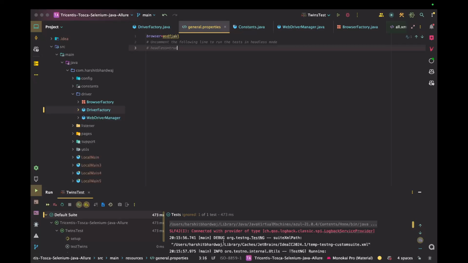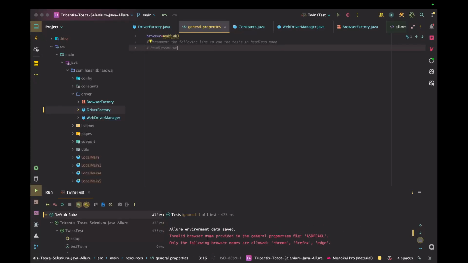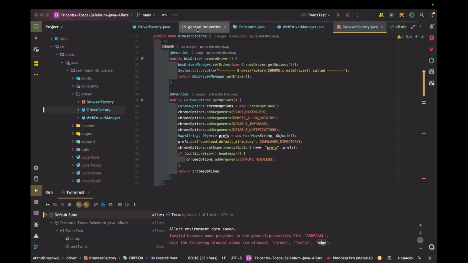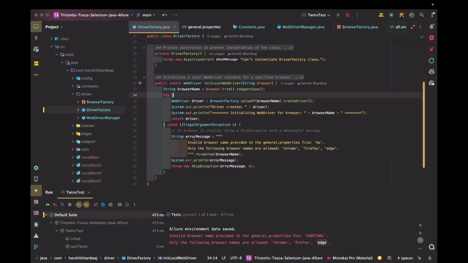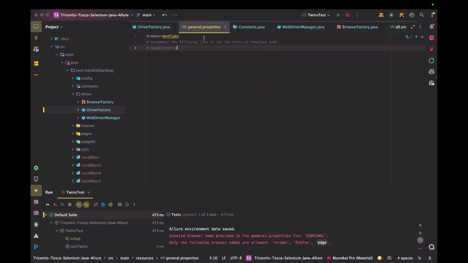automatically it will be skipped. Invalid browser name provided, only the following browser names are allowed: Chrome, Firefox and Edge. So that is being handled here. Let me show you. Yeah, that is being handled here only. So let me just fix it. Yeah, and now